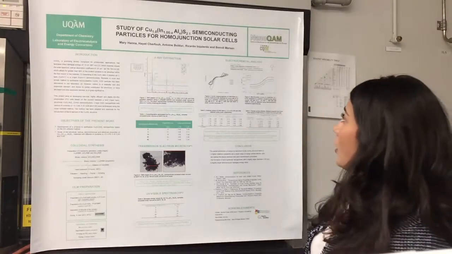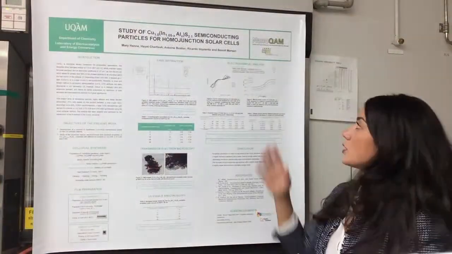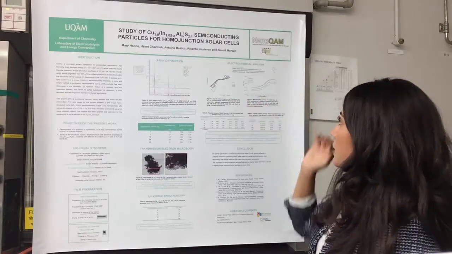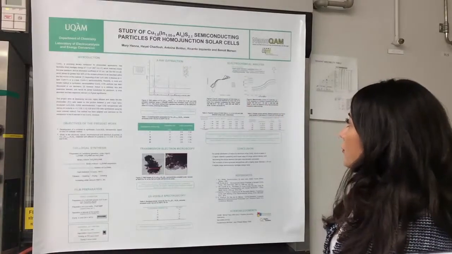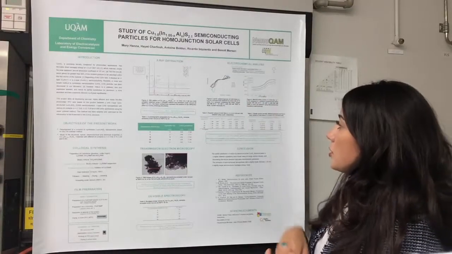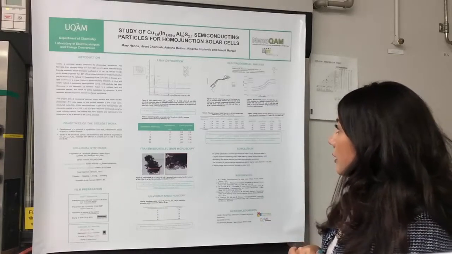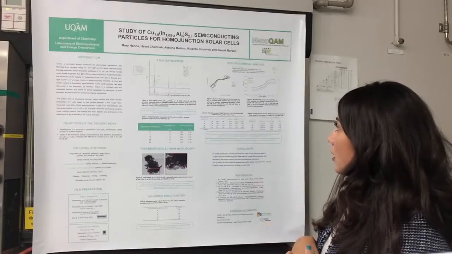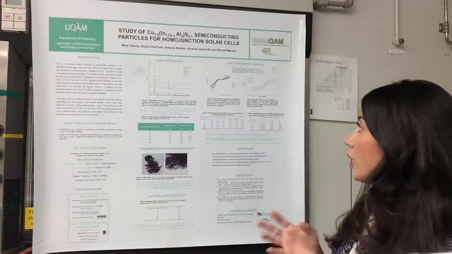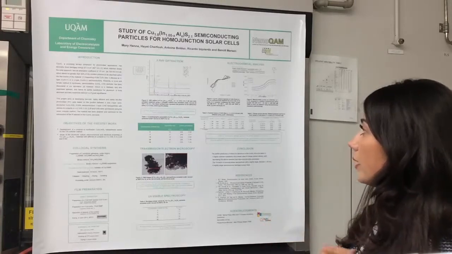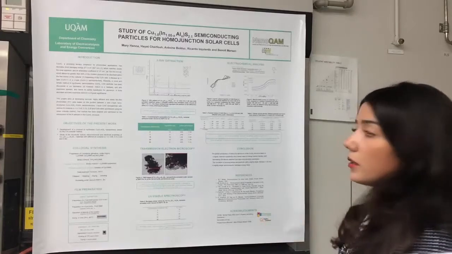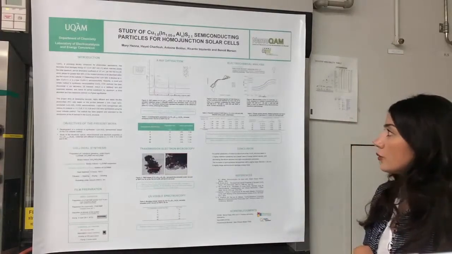Then for the electrochemical analysis, we did some CVs and some impedance spectroscopy. First, with the CVs of the different compositions of aluminium, we don't see much difference between them. This was made in a solution containing the redox couple, which is T2 and HC, in acetonitrile. The counter electrode was